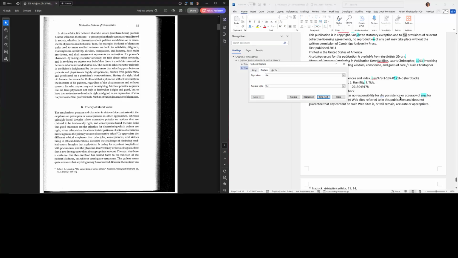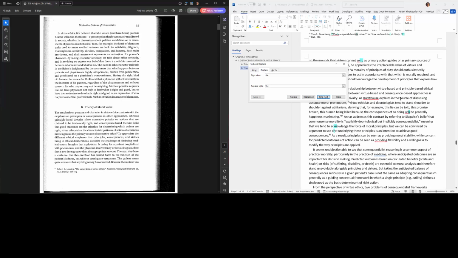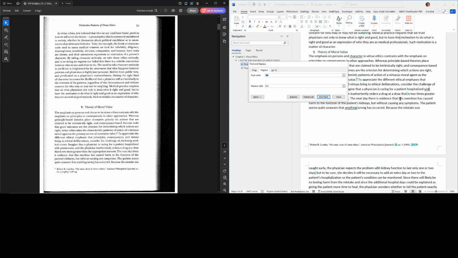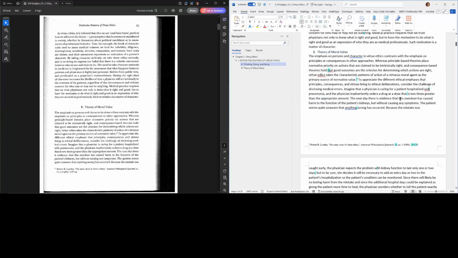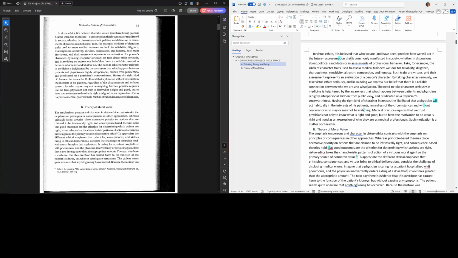Wow, it really thought that every instance was DIE. The persistence, employing the dispositions, the virtues. Okay, so we pretty quickly just found every instance of THE turned into DIE. We're back on page 2.